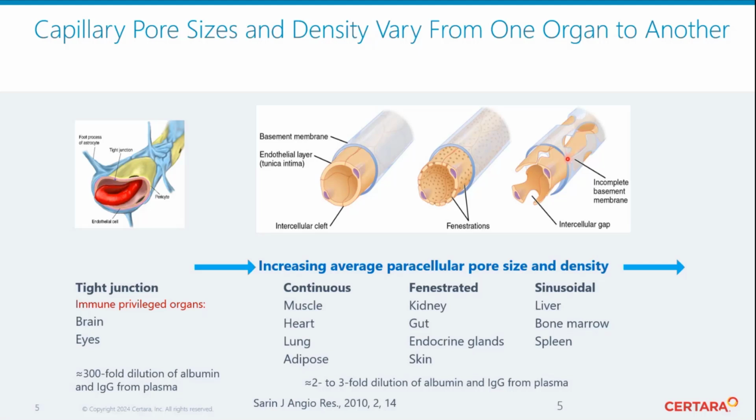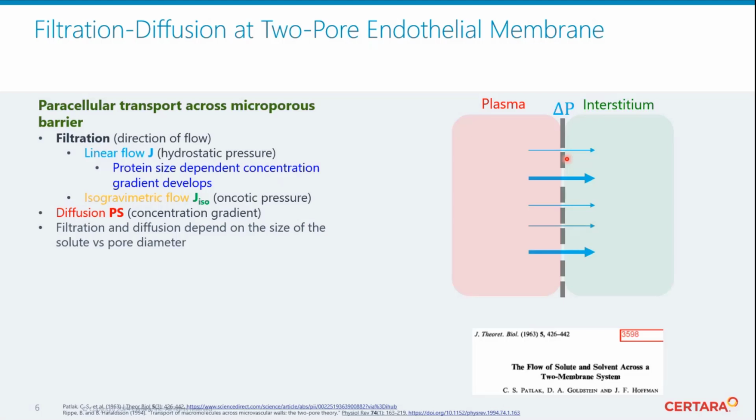So, as always, modeling is a degree of abstraction. And that's how it is envisaged to happen in the case of biologics and extravasation. We have the plasma compartment, we have the tissue compartment in between, they're separated by the endothelial barrier, and there is a hydrostatic pressure gradient. So we have proteins of different sizes. Hydrostatic pressure drives them across the barrier. The small proteins will cross the barrier far more easily than the large ones.